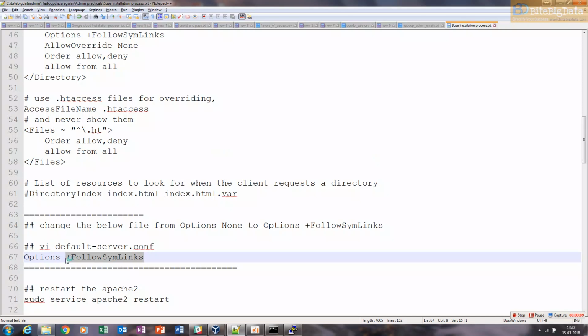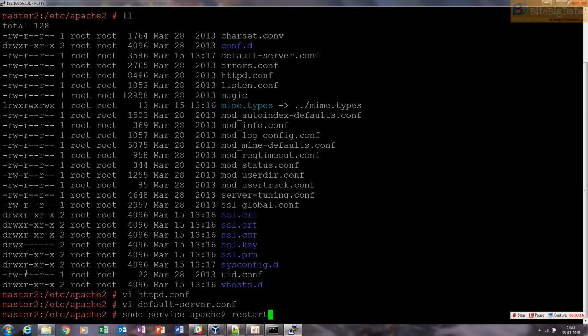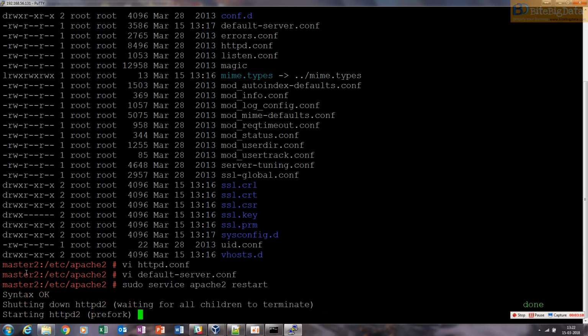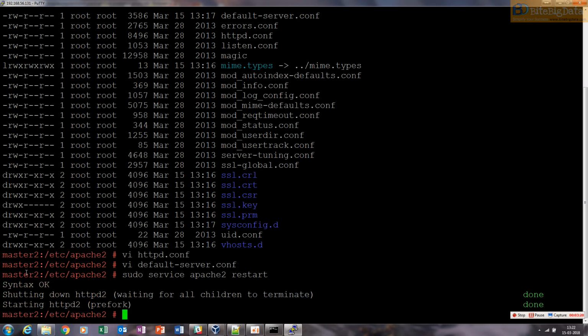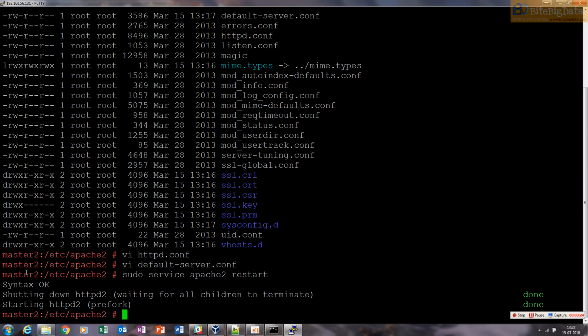Save it, and you can just restart the Apache server. So it's restarted. Okay, now the other thing is, since our SUSE is now ready to install HDP, we need to copy the